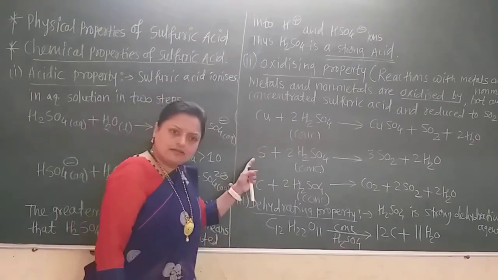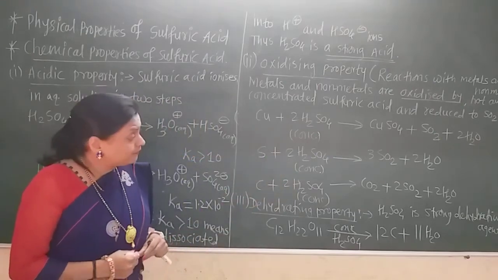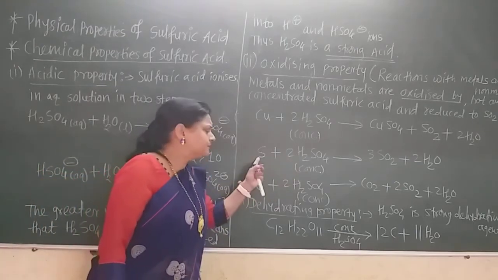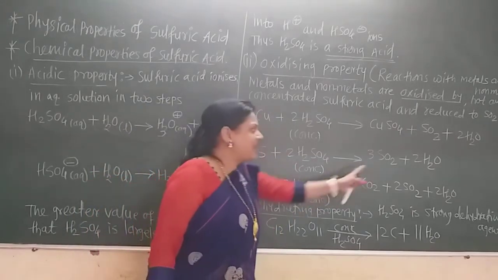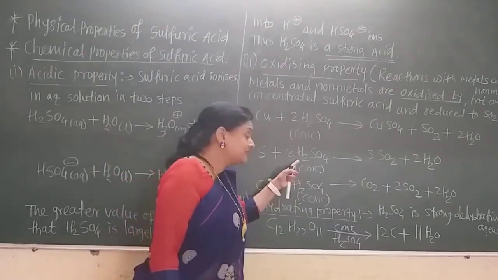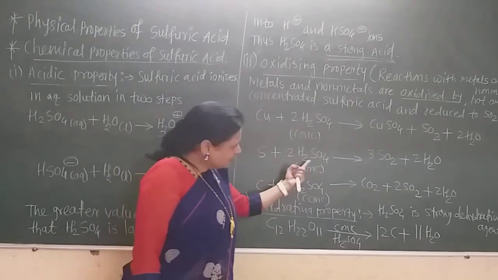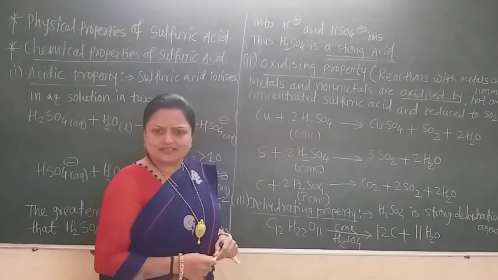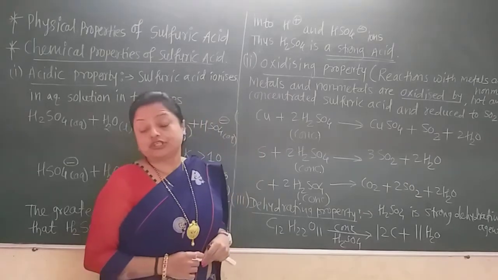Now this sulfur, that is a non-metal, also reacts with this concentrated H2SO4, and the concentrated H2SO4 oxidizes it. Why does it oxidize? Let us see, this sulfur is converted into SO2. That means it adds oxygen, it gets oxidized. But this sulfuric acid gets reduced here because oxygen is removed from it. And you can balance these reactions. Very simple reactions, but they must be given if this property is asked in the examination.